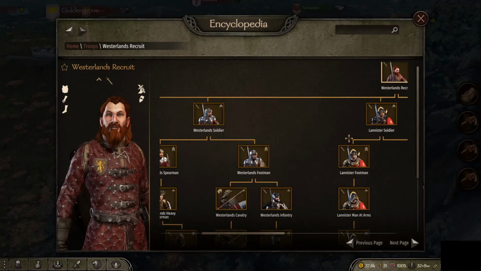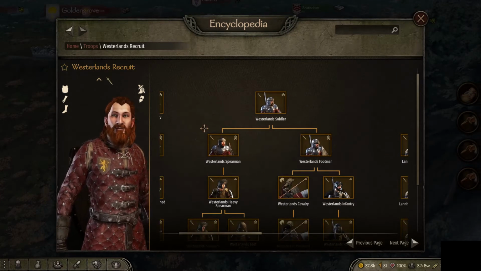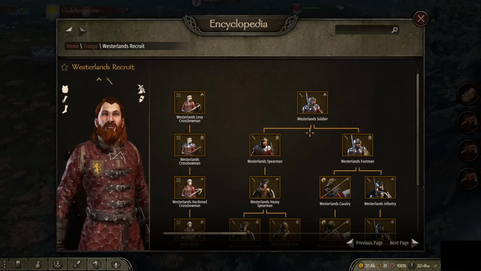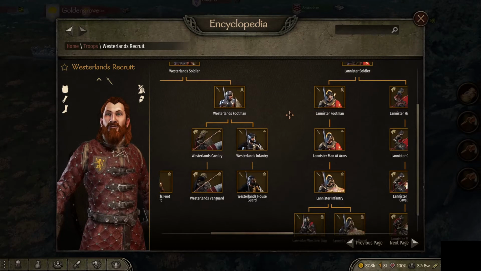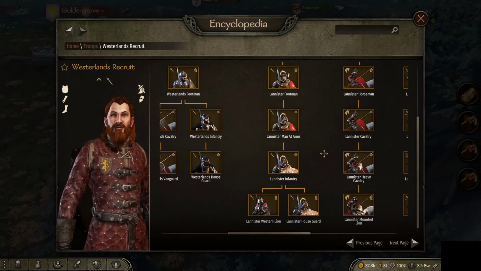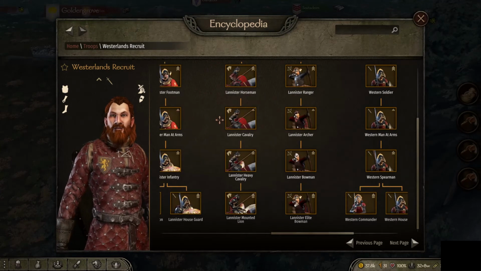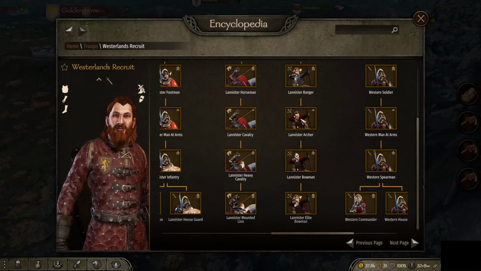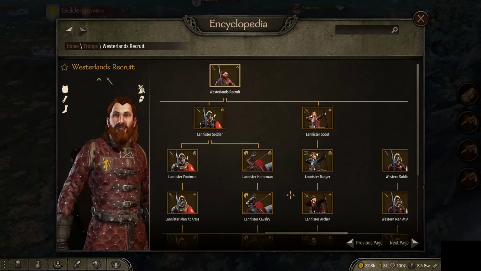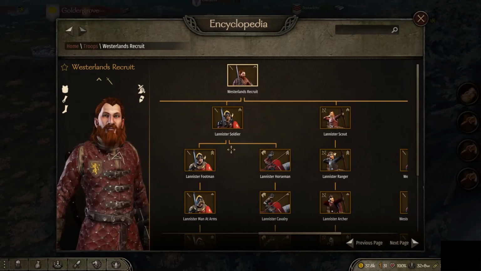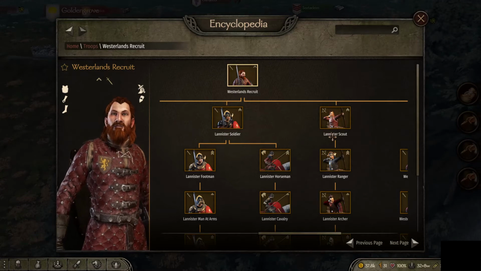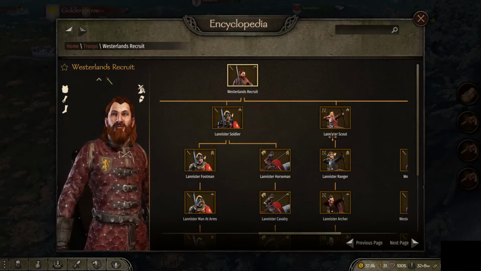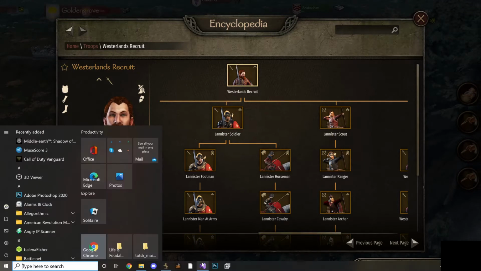And then the Westerlands have their troop tree there, and they all expand to each other. But if you wanted to create a custom troop tree, and you saw that there's another troop tree that looked pretty awesome too, and you wanted to have both, you can absolutely do that. Just find the ID for the troop that it would advance to, make sure that they're still on the same level, and add that ID to